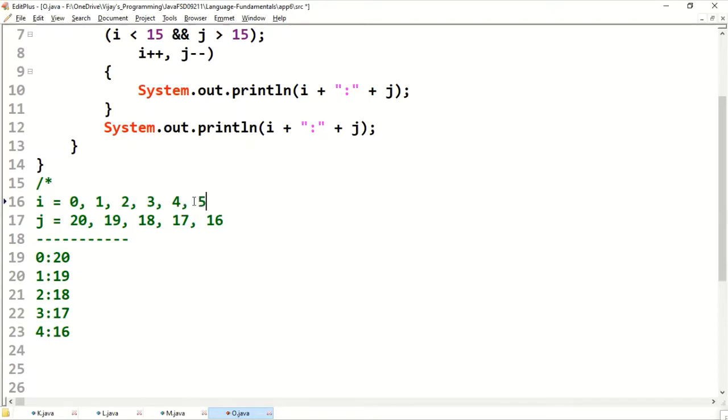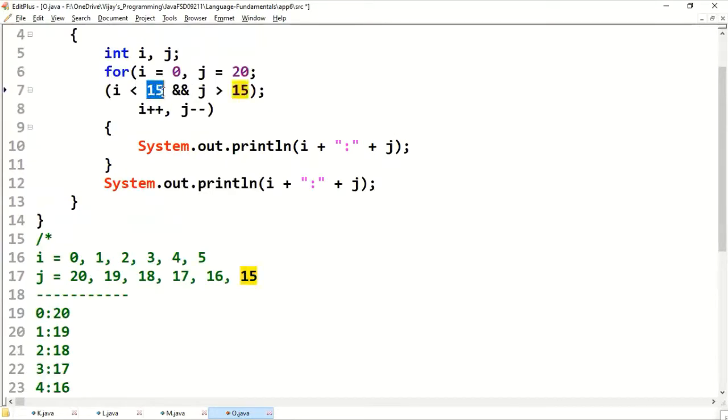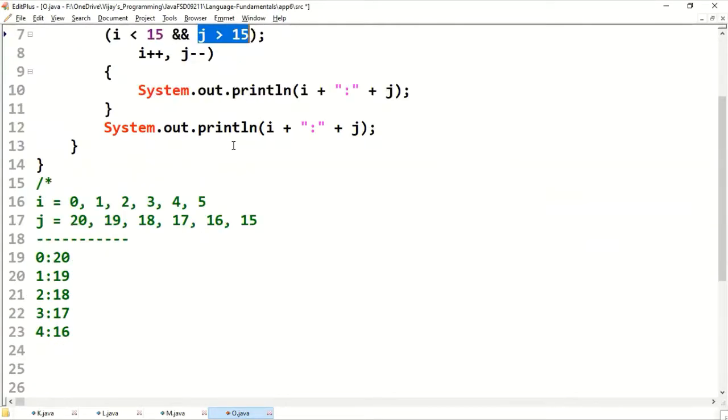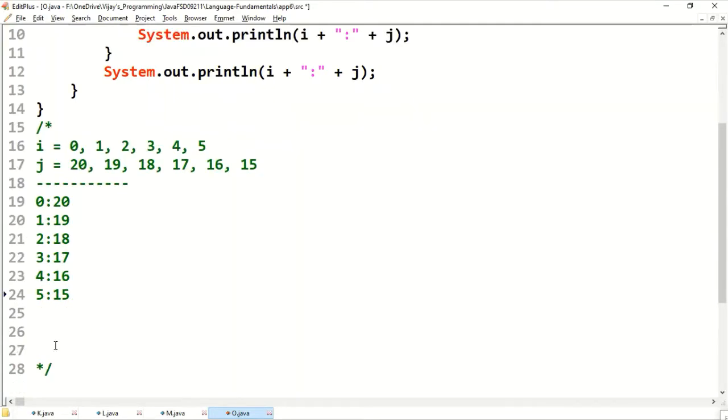Now 4 is becoming 5, j will be decremented to 15. 5 less than 15, yes. 15 greater than 15, no. Here we are getting false. Both should be true, but the second operand we are getting false. Comes out. At last we get 5 colon 15. This much output we get.